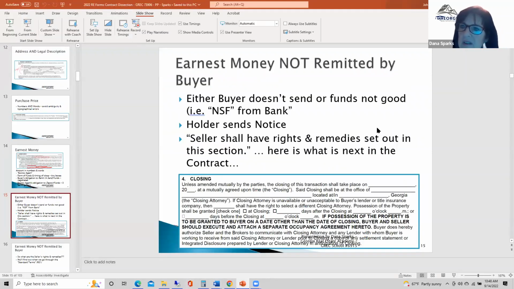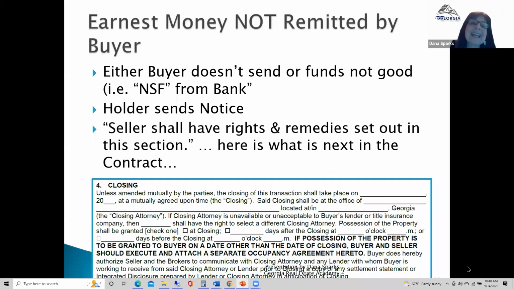All right, and a lot of agents, broker does not accept the RE forms, try to send a GAR form for all parties to sign. Okay, so Sharon, that does happen a lot, and that would be a buyer and a seller option. So just like any offer, if you get any offer, and like in this example, I'll say the buyer writes an offer to a seller, and the seller wants to make a change. Whether that change is something, one of the fill in the blanks, like the sale price or the closing costs or the closing date or any of the terms of the offer, a change of an offer includes not only the fill in the blanks,